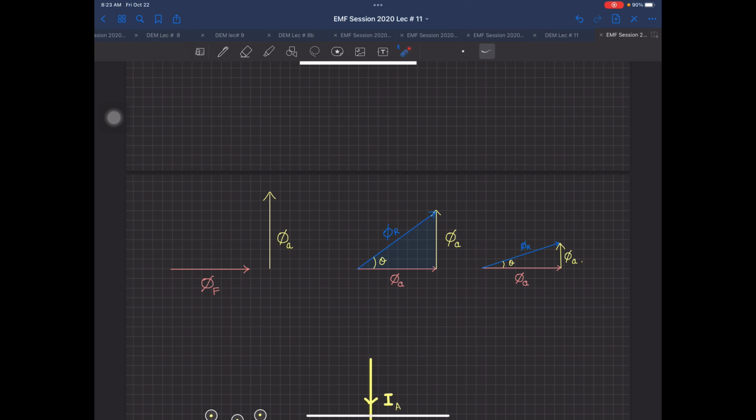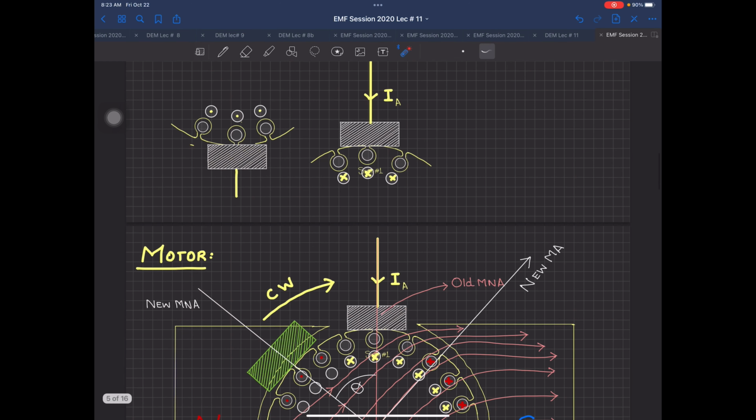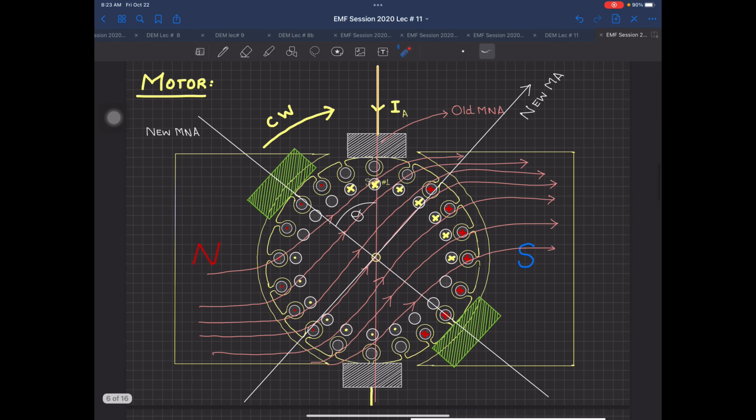Now this blue color vector phi r, as compared to this one, certainly this theta is more as compared to this theta over here. So certainly you can call this one as the no load condition and a motor is working, and you can take this one as the full load condition or a little higher condition. So now what is going to happen, your practical circuit is something like this over here. Now I have shown those magnetic field lines.